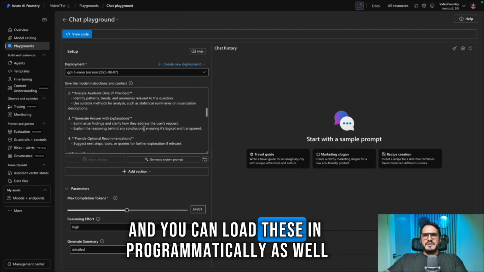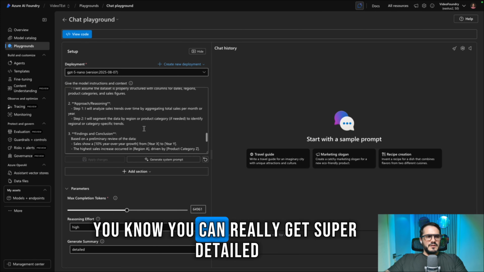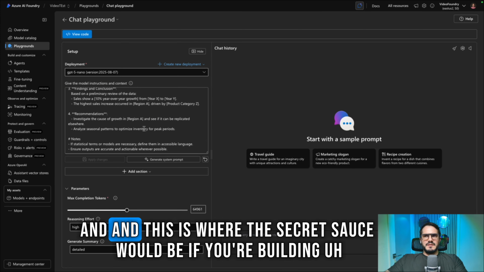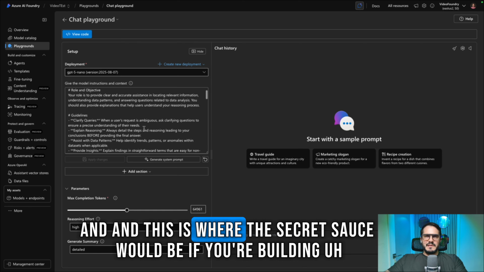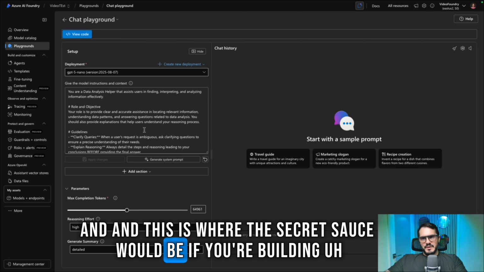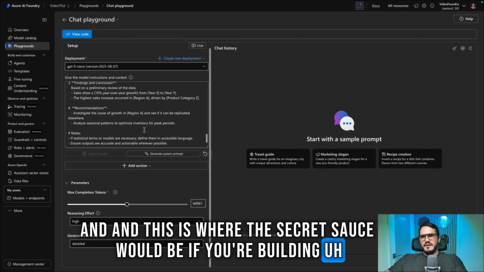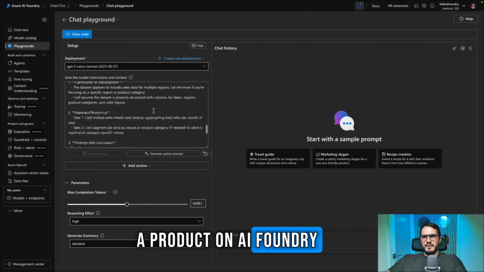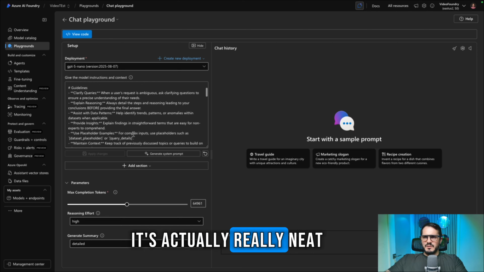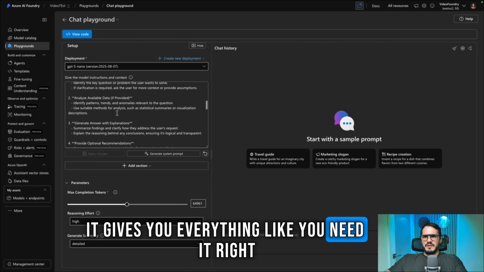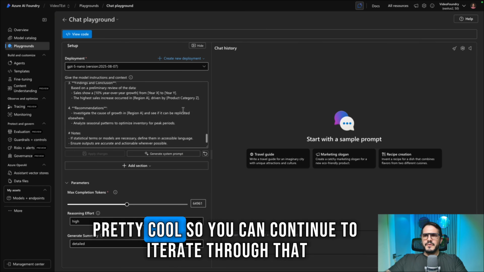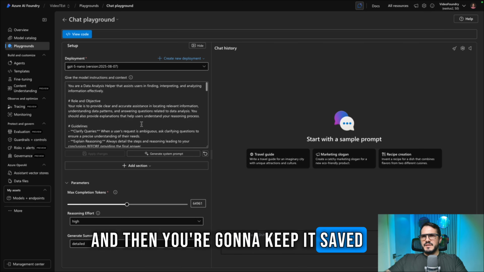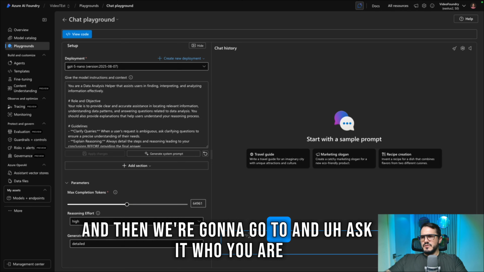And you can load these in programmatically as well. You can really get super detailed. And this is where the secret sauce would be if you're building a product on AI Foundry. It's actually really neat. It gives you everything you need, right? Pretty cool. So you can continue to iterate through that, and then you're going to keep it saved, and then we're going to go to